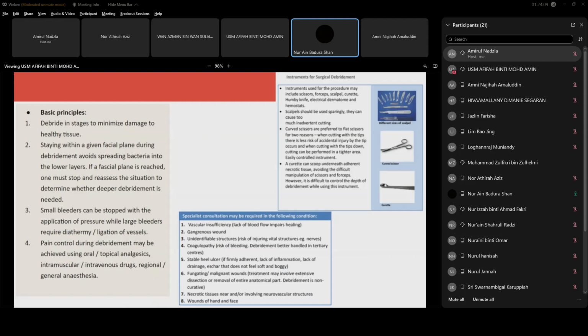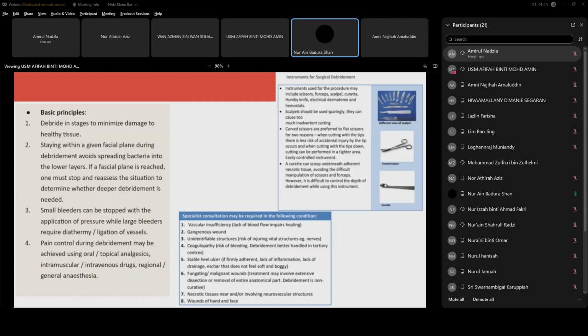These are the basic principles of surgical debridement, where we debride the tissue in stages to minimize damage to the healthy tissue, and we need to stay within the given fascia plane during the debridement to avoid the spreading of bacteria into the lower layers. If a fascia plane is reached, we need to stop and reassess the situation to determine whether we need a deeper debridement or not, because a deeper debridement means a higher risk for infection and